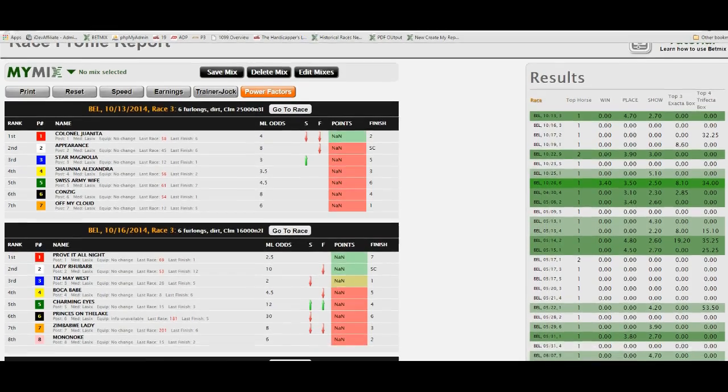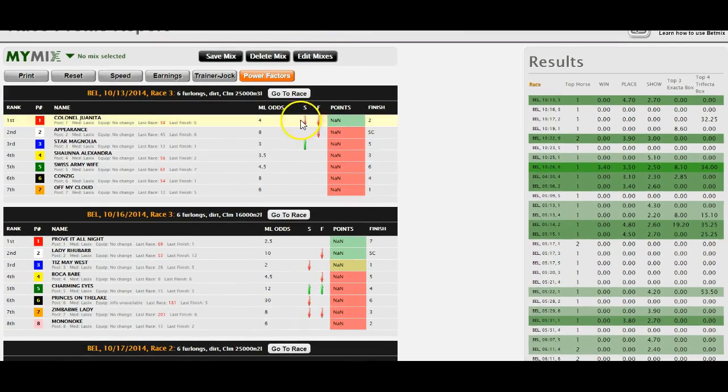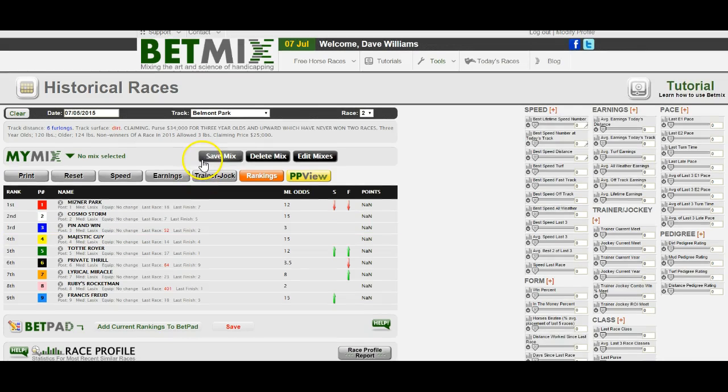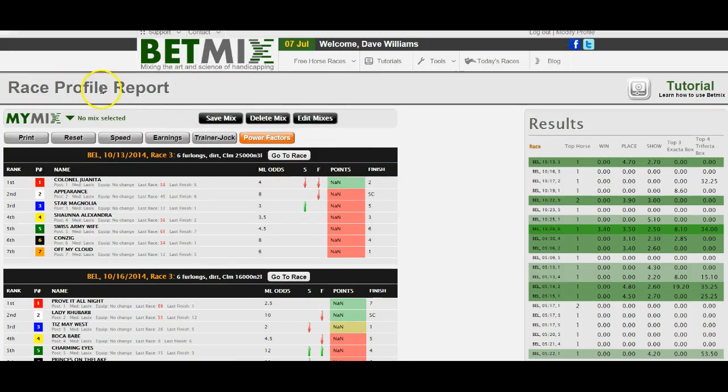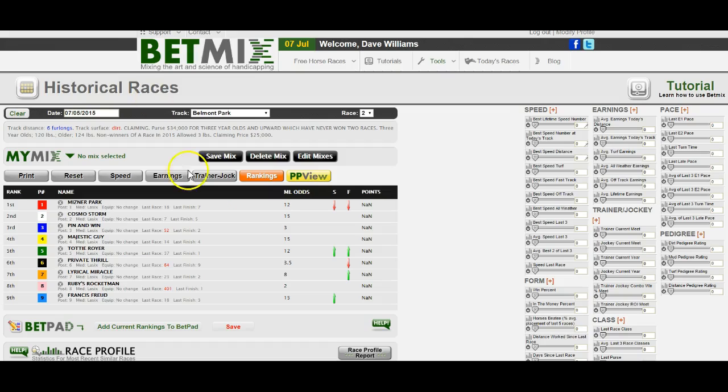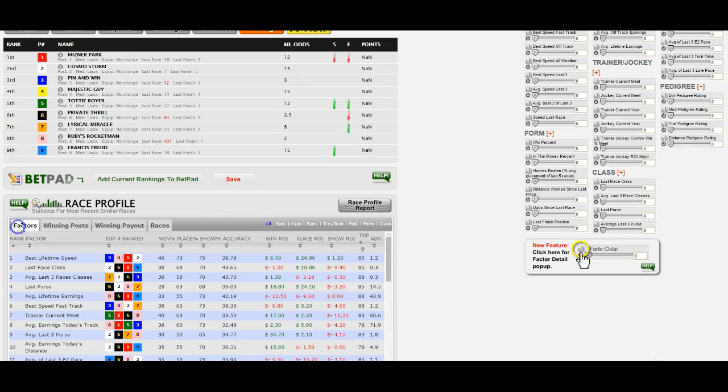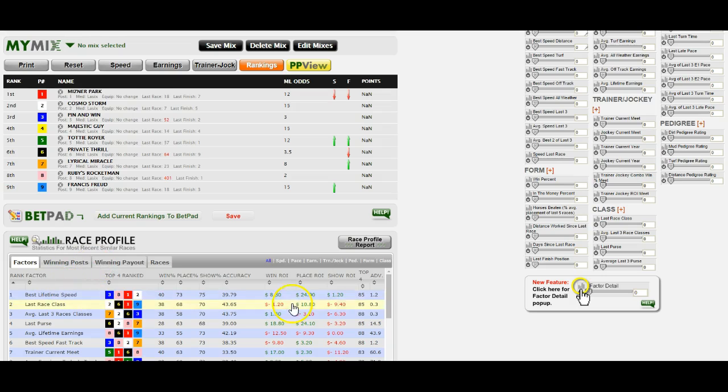I have two windows open. I've got my original window over here, that's the race I'm handicapping, the Belmont 6 furlong dirt race, and then the other window contains the actual race profile report. So I like to go back and forth between these. I'm going to go back over here, click on the Factors tab, and I'm going to start by looking at